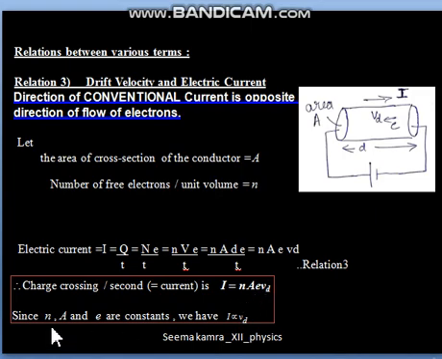And we can conclude that n is the number density of the conductor, which is constant, area is constant, and e means 1 electron's charge, which we also know is constant, 1.6 into 10 raised to power minus 19 coulomb. So since we have 3 terms constant, I is proportional to Vd. The more the drift velocity, the more the current flowing in the conductor. So under the effect of an applied electric field or battery, if Vd is achieved, that means current is achieved.